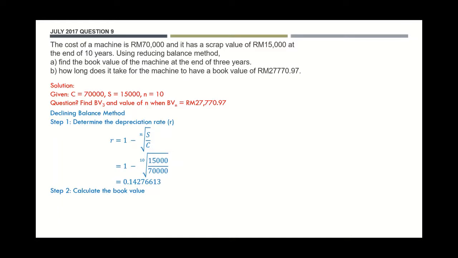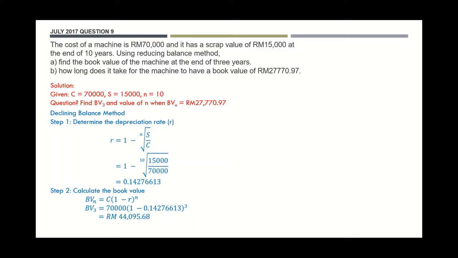So the book value is given by the formula BVN equal to C(1 minus R) to the power of N. So in this case, you are looking for the book value of the third year. That means you are looking for BV3, and substituting the correct values of C, R and N in the formula, you found that the book value for the machines at the end of the 3